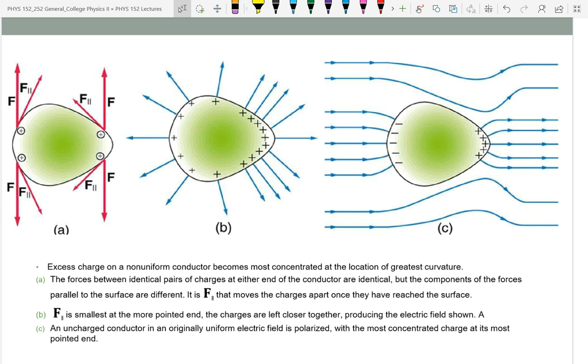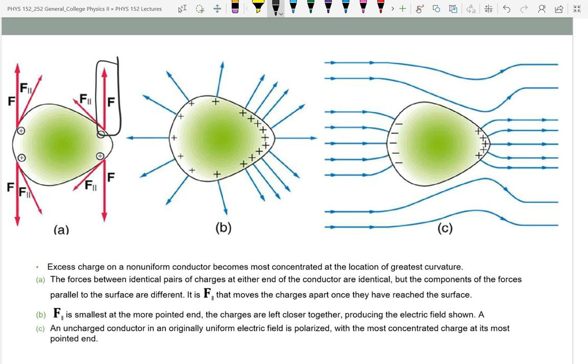Now, the electric field lines, when you get to the surface, let us suppose that you had the electric field line like this on the surface. I have an electron on that surface. The electron is going to have a force due to that electric field. Now that says F, so it's going to be opposite. And that force will have a component that's parallel to the surface if the electric field line is not perpendicular to the surface. What do we call it in the real world? Not perpendicular, but